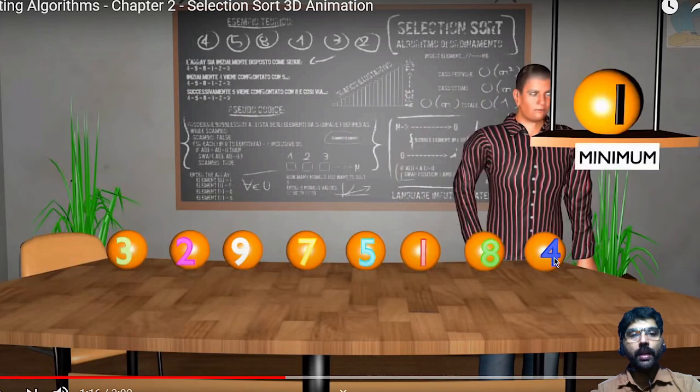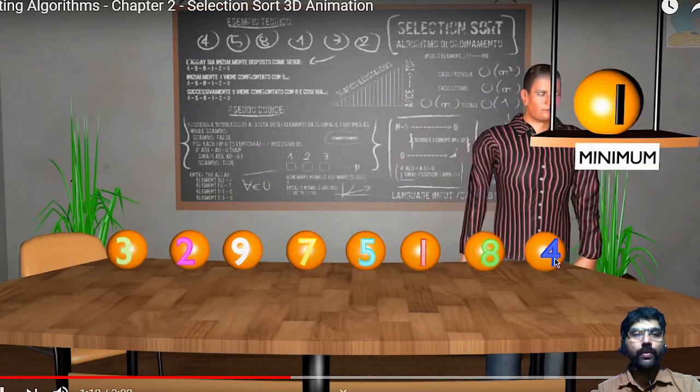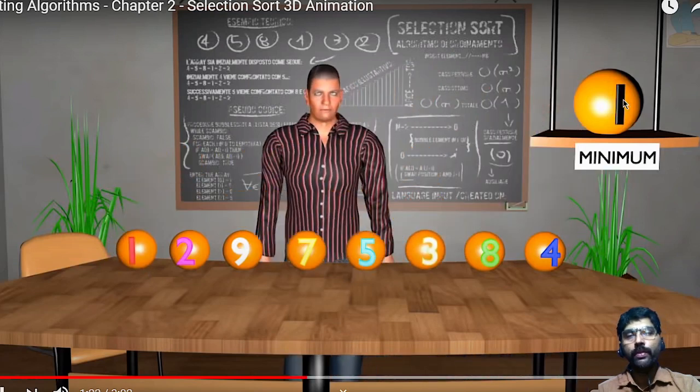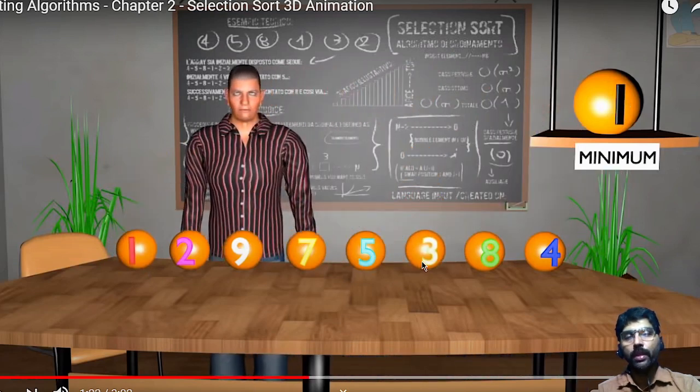Next I am comparing up to 4. After comparing from the second element to the last element, we found that this 1 is the smallest among all the other elements. I will exchange the first element with the minimum value. Yes, 3 goes here. Sorry, 1 comes here. This is the first round, or first step.